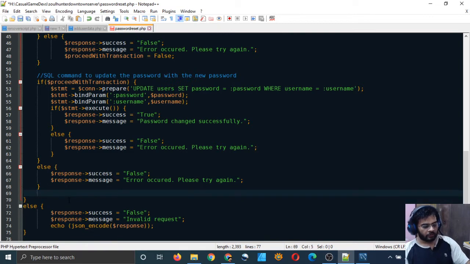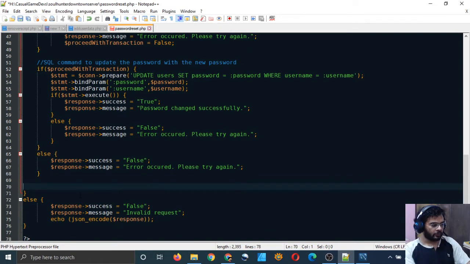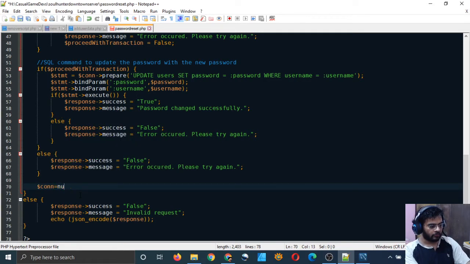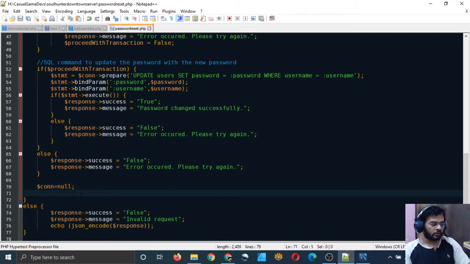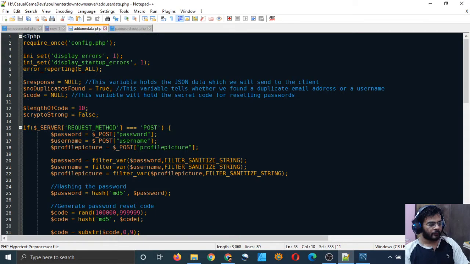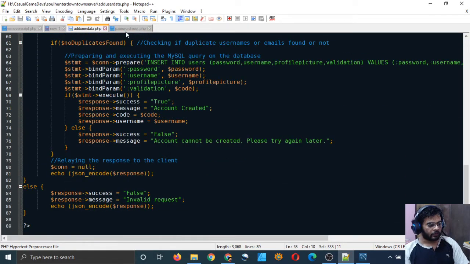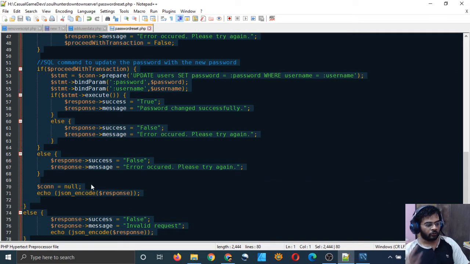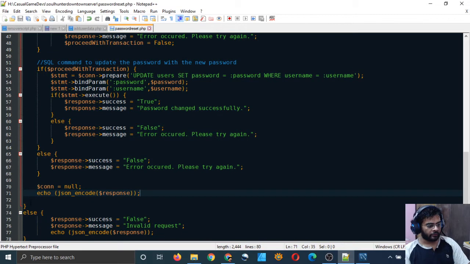And here we will echo a JSON response, right? First, let me set my database connection variable to null. It's not necessary, but I'm just doing that. Okay, and then the statement to echo the JSON is to echo our response variable after encoding it into JSON format.